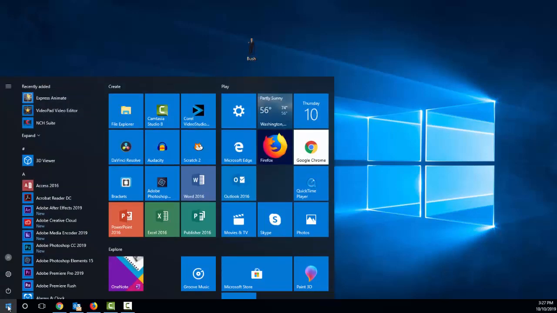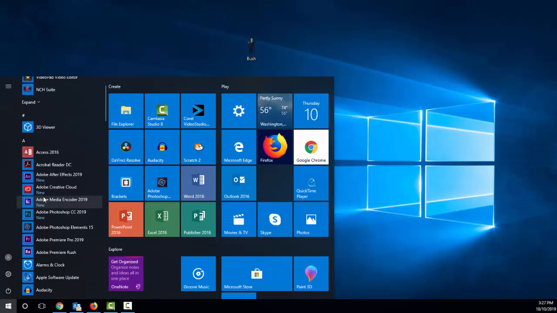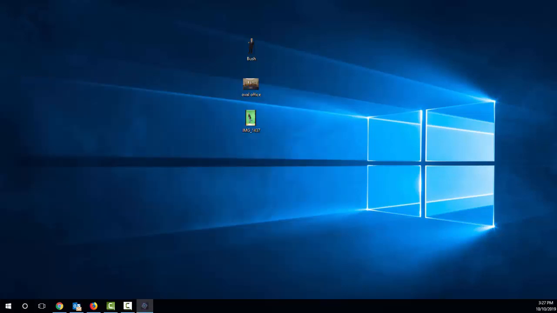I'm going to go to our Start button, and I'm going to find Adobe Photoshop. In my case, I've pinned it to my Start menu. But if you come down over here, you'll find Adobe Photoshop Elements 15. This is not a full-blown version of Adobe Photoshop, but it does everything we want it to do. It's part of a suite,